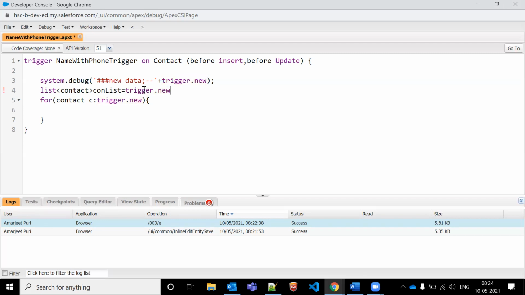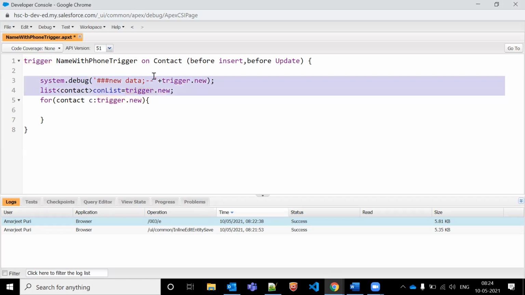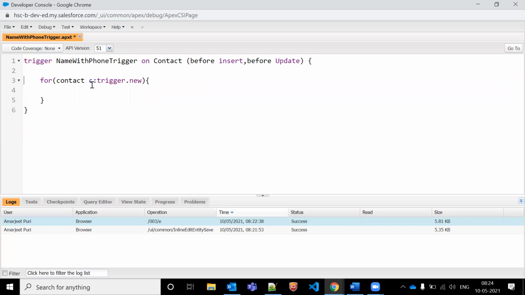Whatever data we are getting, we can store it in that list and use that list here. But why are we writing one more line here? Why can't we do it like this only? We are doing it like this only.